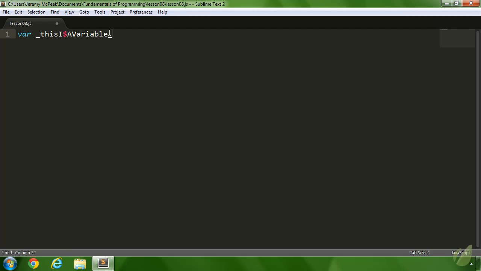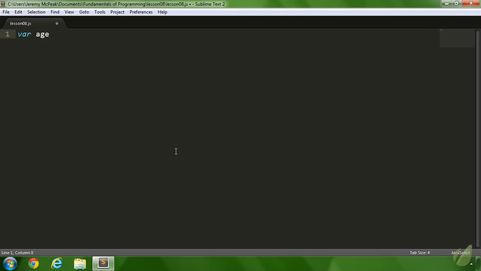So instead of doing something like this, we would want to name the variable something that is descriptive as to what value it contains. So let's say that we want a variable to contain a person's age. Well, we can just call it age. And that way, whenever we are reading our code, we see age and we know exactly what this variable is